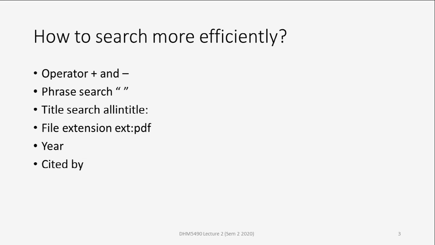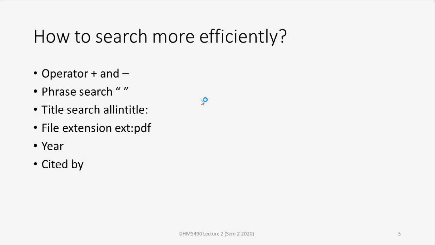I want to say that sometimes you may forget what you have read, but you want to return to the same paper that you have read previously, maybe a few days ago. What do you do when you can only remember the words in the title of the paper? So you can use the title search, all in title. All in title tells the search engine to operate in a way that it only searches those words in the